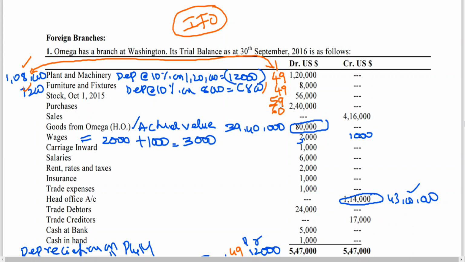Okay, so for the time being, I think this is the main point of difference. Otherwise, the remaining things are the same. So now let me focus on integral foreign operations. Let me revise it once again. Plant and machinery: which rate, my dear friends? Actual exchange rate. Furniture, actual exchange rate. Depreciation, actual exchange rate. Stock, actually, I need to have the actual exchange rate.